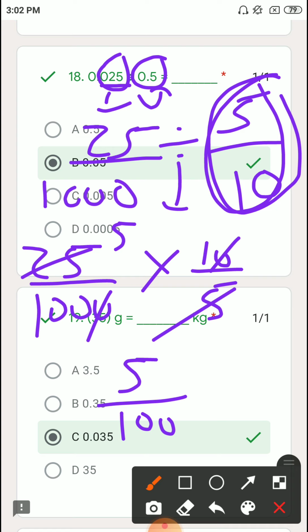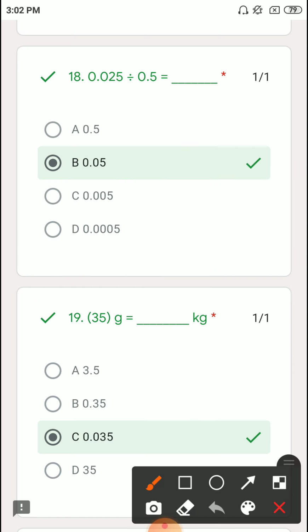Now in denominator we have two zeros, so in numerator, before 2 digits we need to put a decimal point, but in numerator we have only 1 digit, so put one extra 0, so it becomes 2 digits before that decimal point, and before that nothing is remaining, so 0, so 0.05. This is our answer. Okay, 0.05. This is option B. So option B is correct.